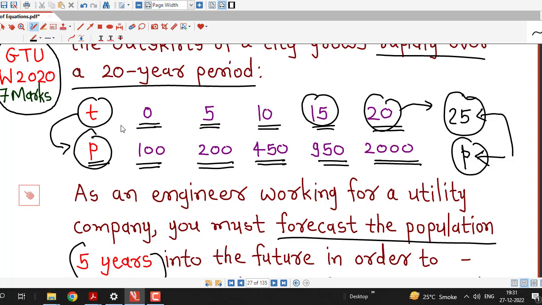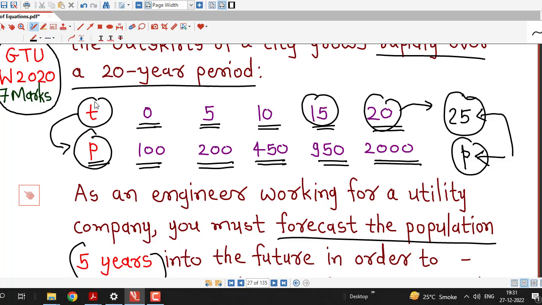So if we are going for these values of t and small p, our calculations will be large. We will have large numbers in the calculations. So one way is we can directly use these values of small t and small p, or